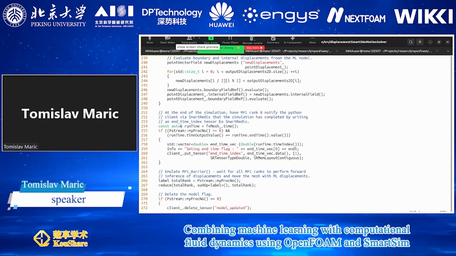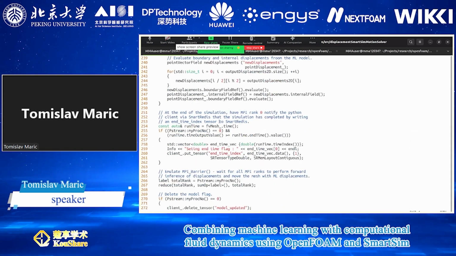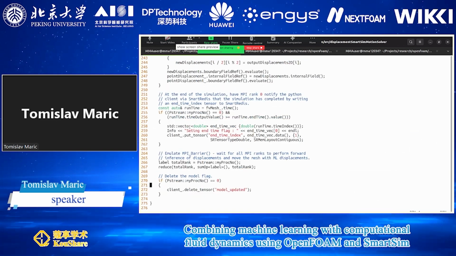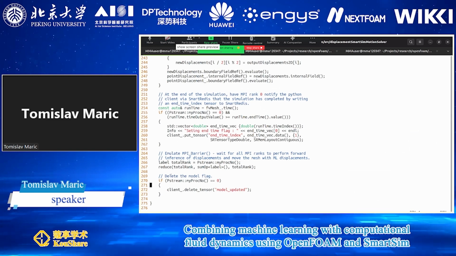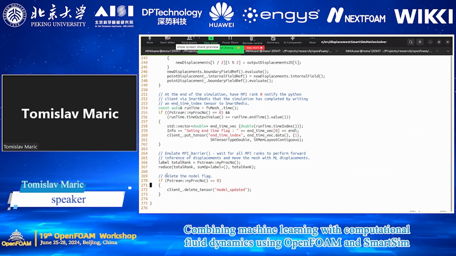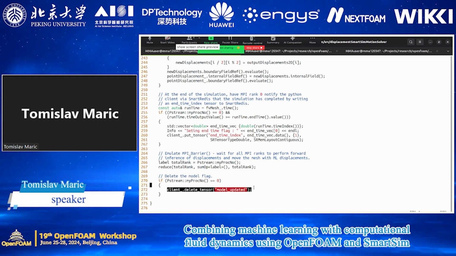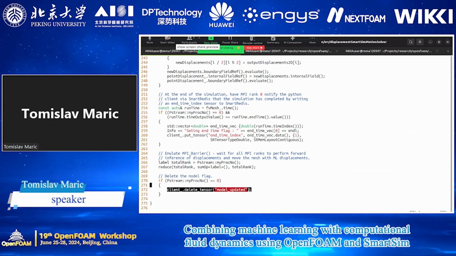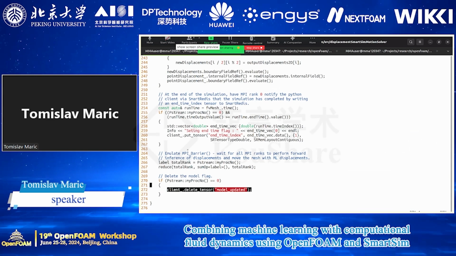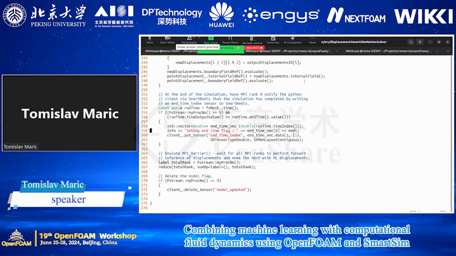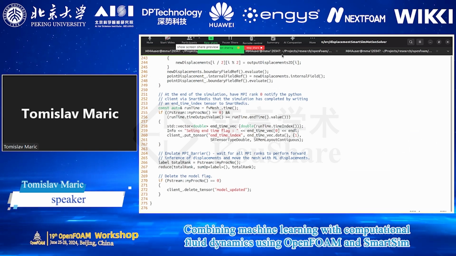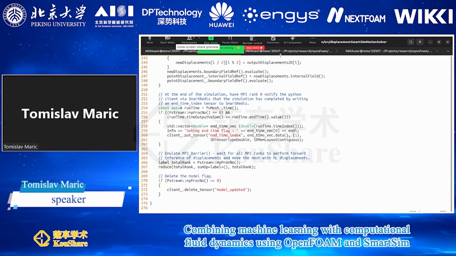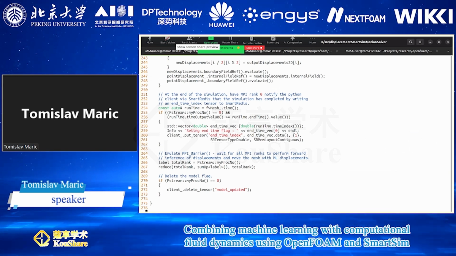So you see, it's a data pattern: who gets what, when is what trained, and so on. And the idea is, once we are done, we have to delete the model updated flag because we are moving to the next time step or the next CFD iteration, and that's practically it. So that's the OpenFOAM side, just the part of mesh motion in OpenFOAM, and on the Python side,